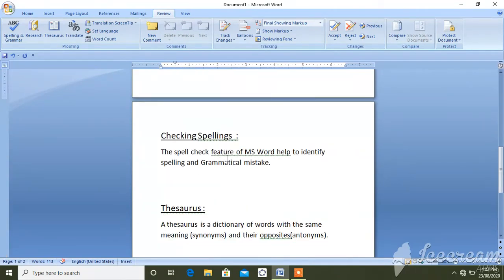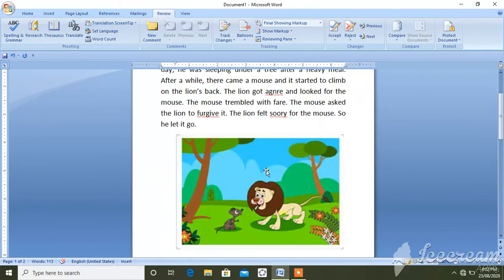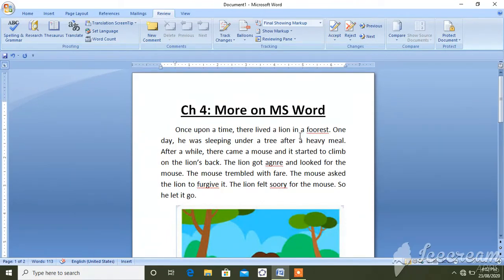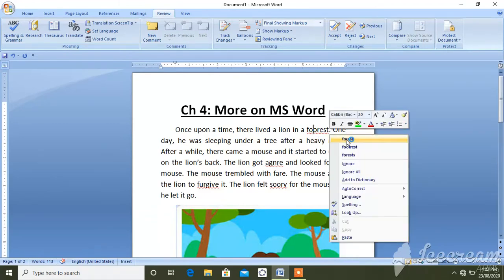The spell check feature of MS Word helps to identify spelling and grammatical mistakes. Now we see the spell check feature. Either you can make the correction with a right click, just right click the mouse and MS Word will suggest the correct word.